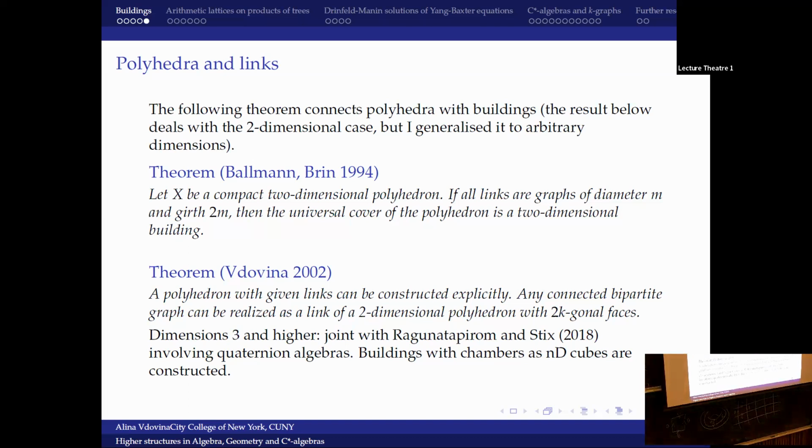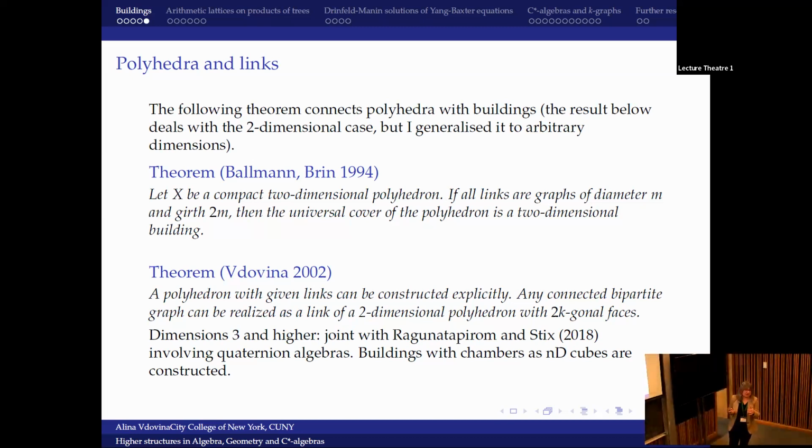And then how I came to this area, I started to construct such polyhedra in a very explicit way, by defining certain families of words with some properties which ensure that you will get the links which you want. And actually, if you have an even number of sides, there is a very nice, easy series of examples which you get quite fast. But then it turns out that if you need some extra properties, then you have to work harder.